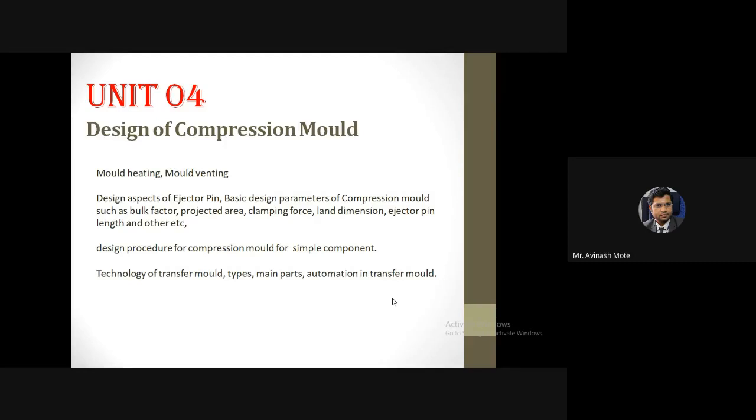In that case, designing of the mold for such applications is not difficult. It's simple, because it's a simple cylindrical tank, and even the wall thickness is very less, with no complicated or complex structure. Very simple structure, like a simple cylinder. The only thing is that it is larger in size.